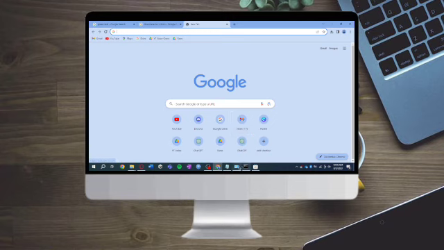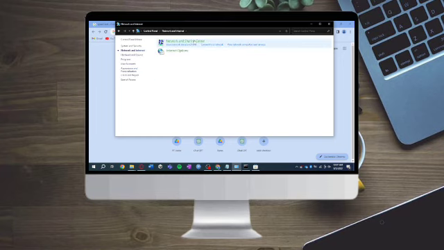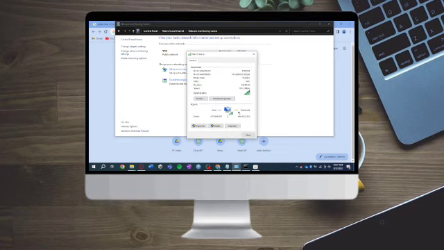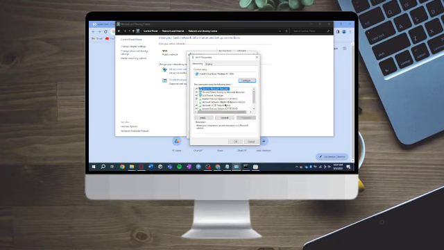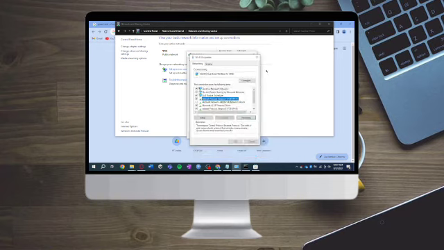To do that, let's head over to our control panel first. From in there, just click on Network and Internet. Then click on Network and Sharing Center. Then click on this Wi-Fi right here and click on Properties. Then choose Internet Protocol Version 4, click on Properties again, and just enter here 8.8.8.8 and from here 8.8.4.4, then click on OK and that should be able to